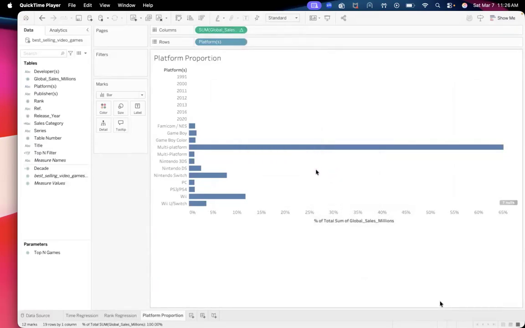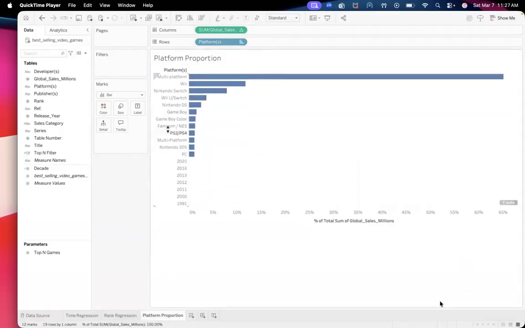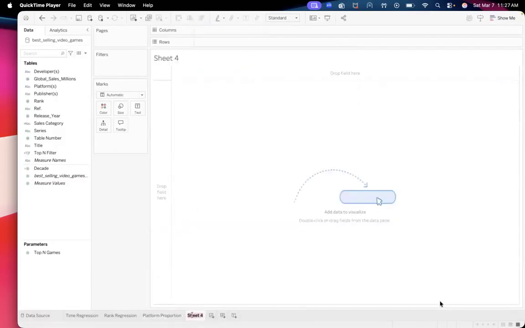to show these as proportions instead of row totals, we right click the sum of global sales, go down to quick table calculation and choose percent of total. Now the bars should display each platform's percentage of overall sales, with PS2 clearly standing out as the leader with